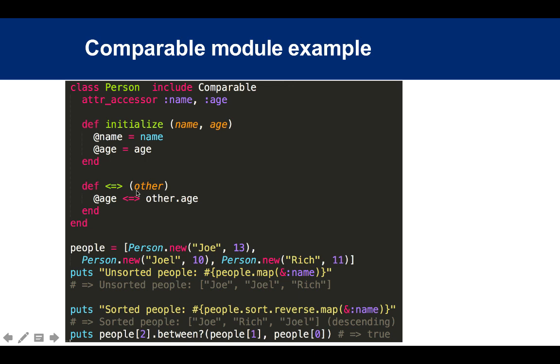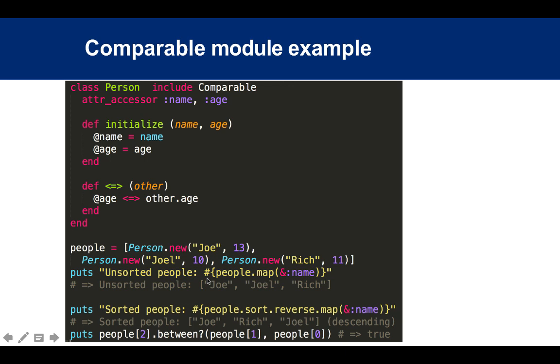Because by default, it wouldn't know how to compare people, right? Do you compare them based on their height, based on their age? So you're defining this method here, and you say that in this particular case, I want to compare people based on their age. Then you could instantiate a bunch of people, Joe, Joel, and Rich,